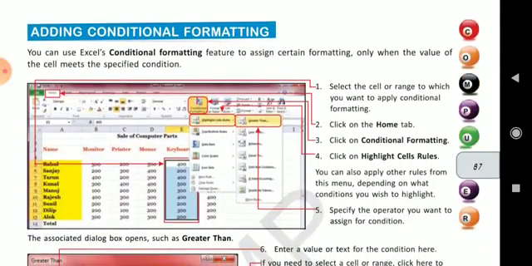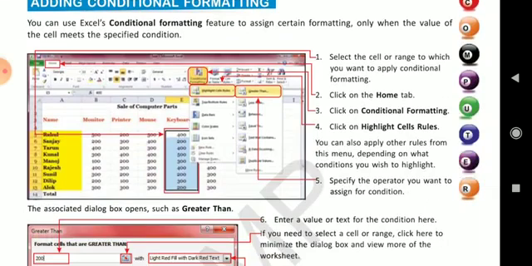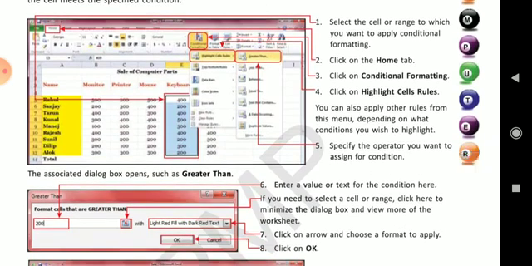Adding conditional formatting. If you want to give any condition to your cell, and the cell meets the specified condition which you have provided, then the conditional formatting feature is there, and different rules are there: greater than, less than, equal to.